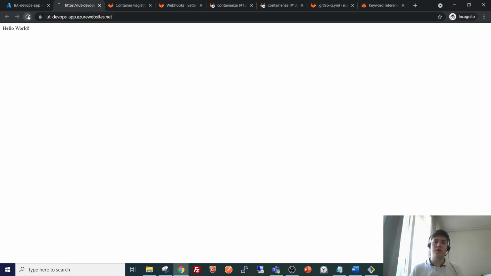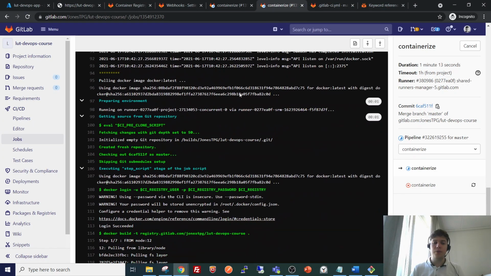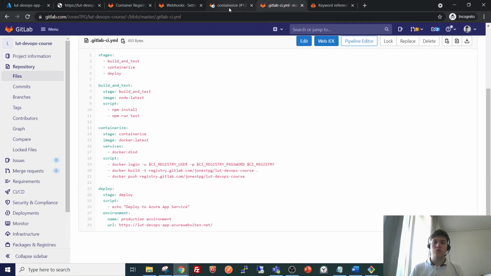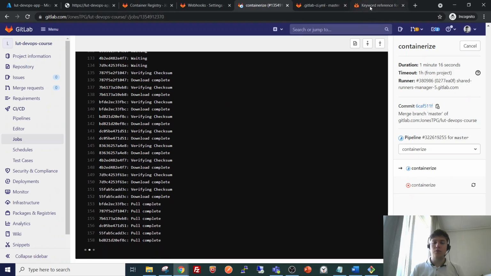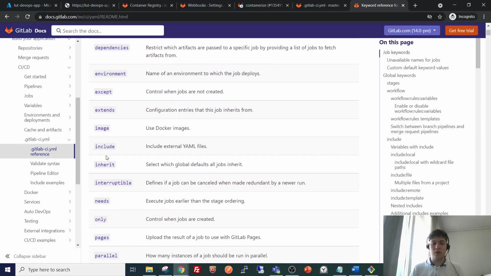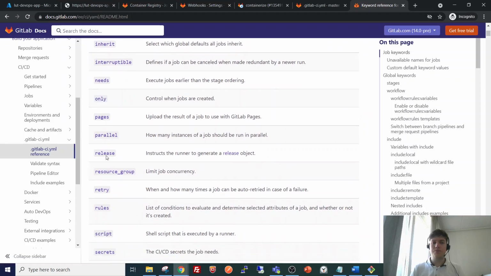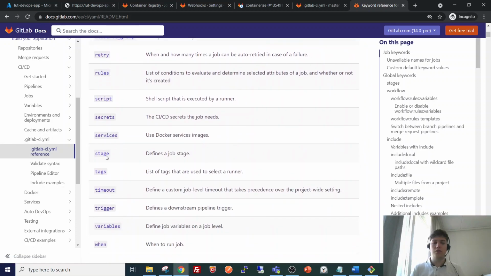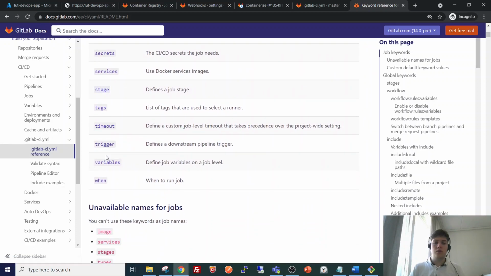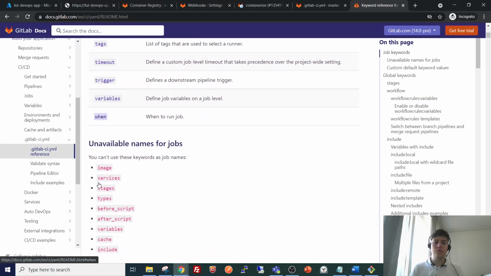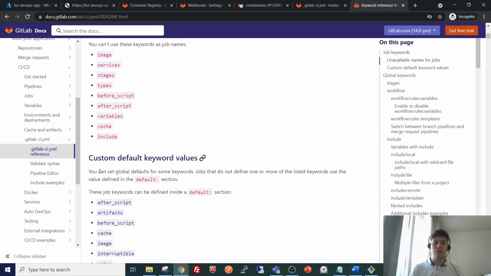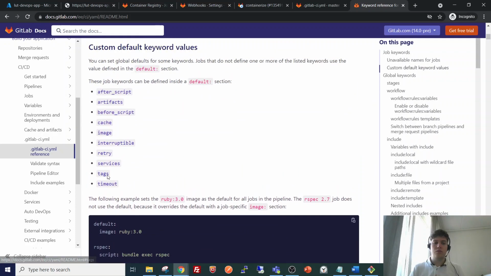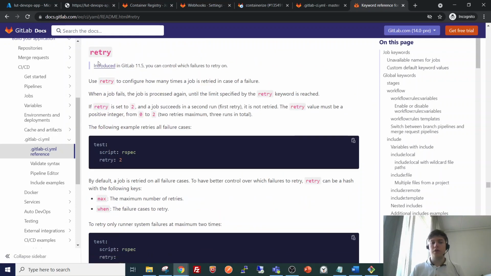We can verify that the update we made to the app.js hasn't come through yet. So we can wait still for a bit and see if there are some interesting keywords here on the reference. Here is one example, retry.